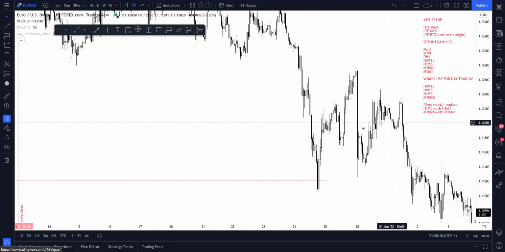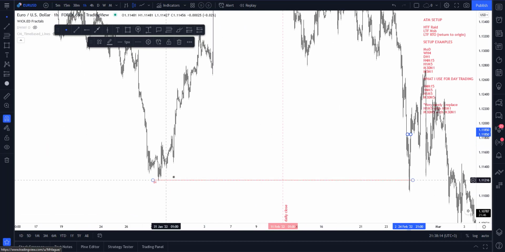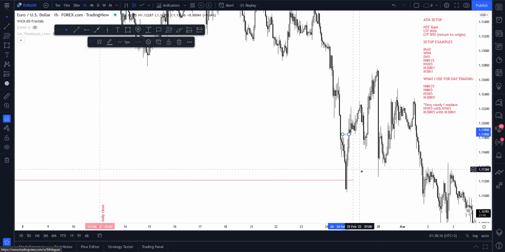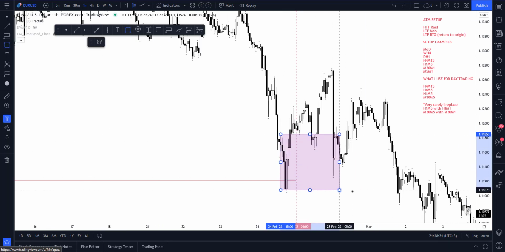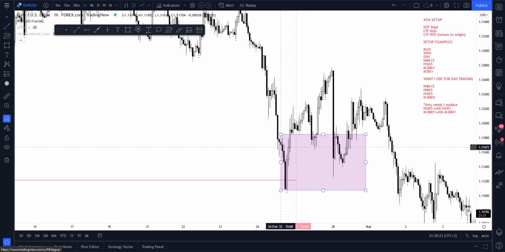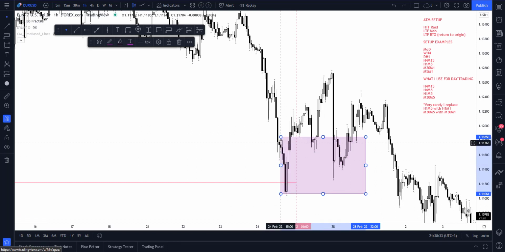Now as you see, we have a market structure break here as well. After we take this low and close here, the day is closed right there, then we have this origin zone. Now as you see, we don't have an up close candle to finish the origin with a breaker, but we have a market structure high that is formed here, and we have this raid. So I'm gonna use these order blocks as a